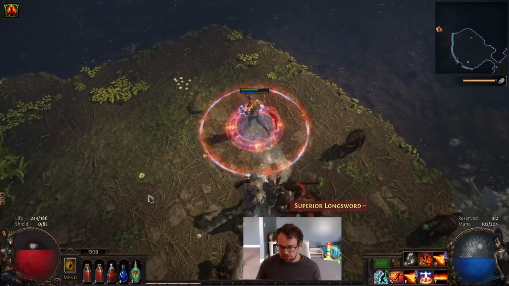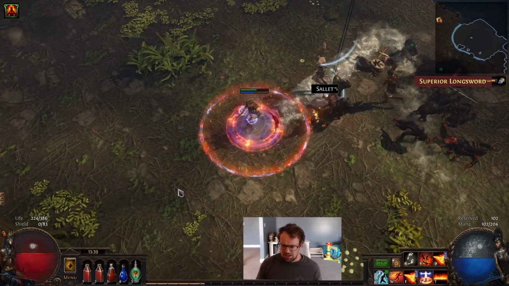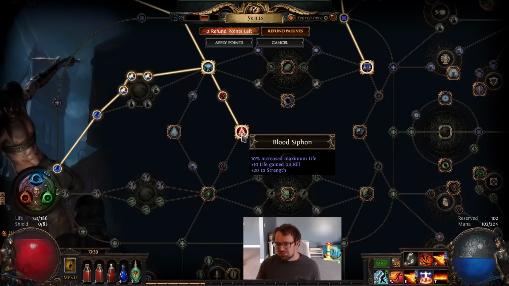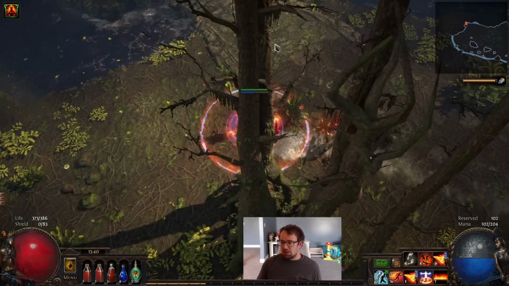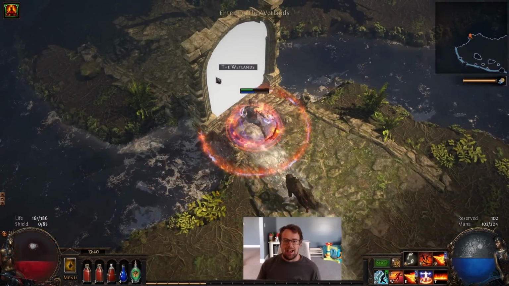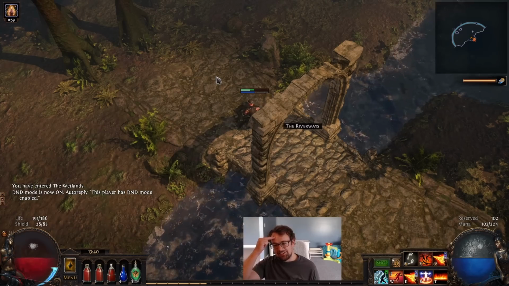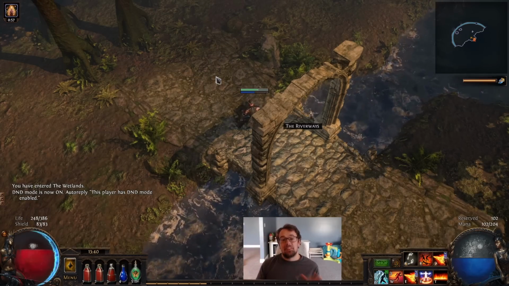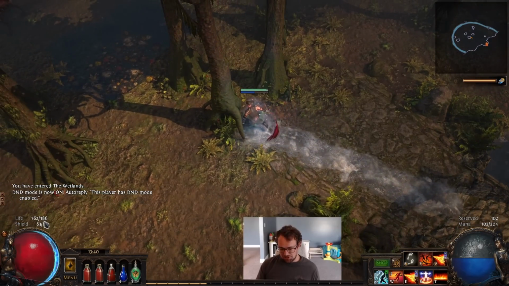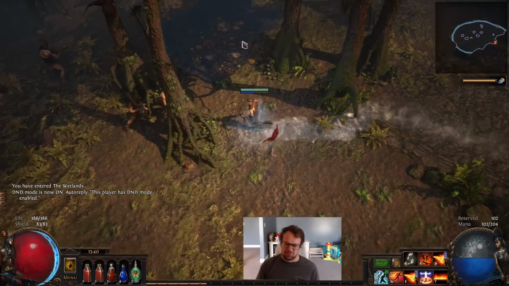And we kill a few monsters. We get that life back up. I must have life gain on kill or something. Oh, my word. For the first time in my life, I have thought Blood Siphon is a cool node to have. Unironically, 10 life gain on kill at this low level is actually somewhat impactful, because that's like 3% life per kill or something